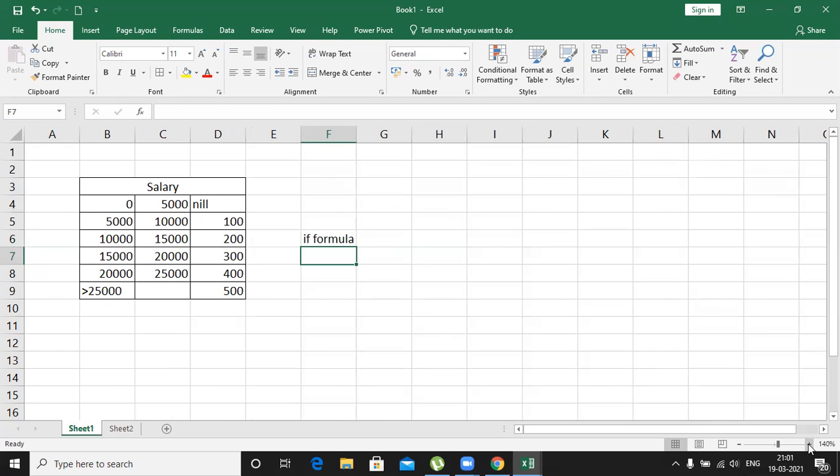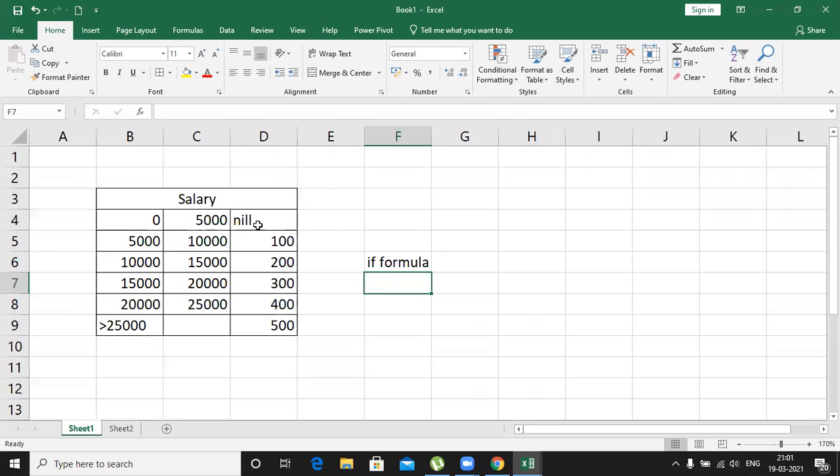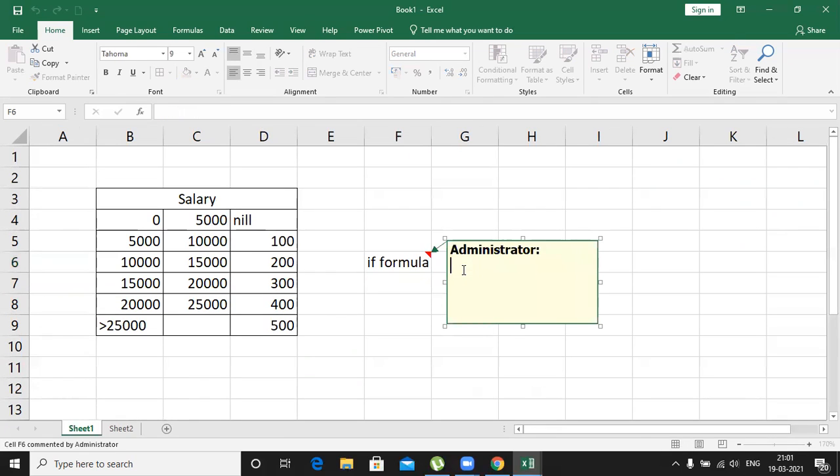Okay, now if I have to create a comment in this same slab, where do I click and select? So here, place the cursor and use Shift plus F2 to create a comment.